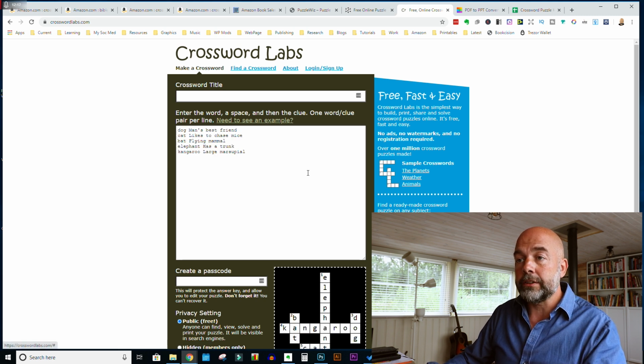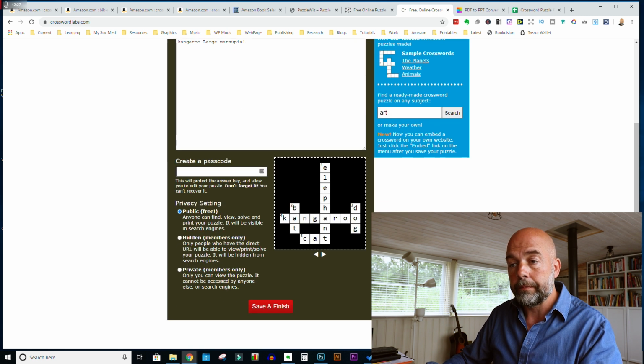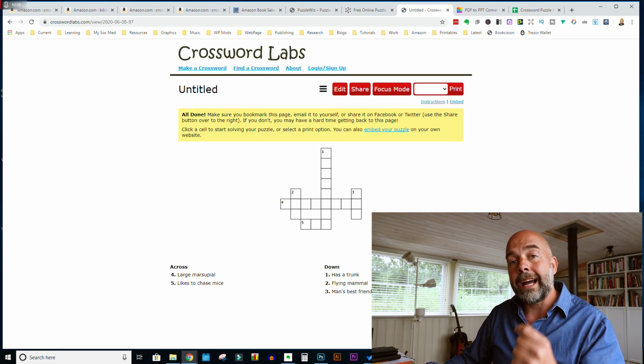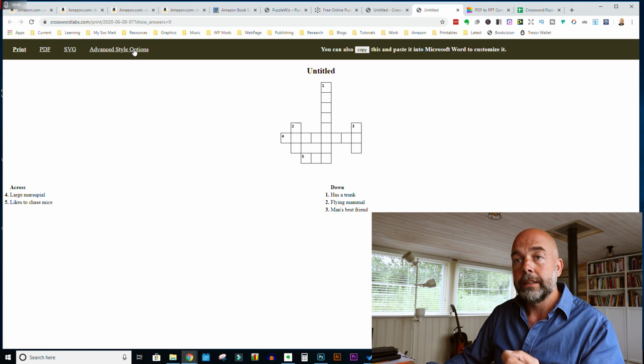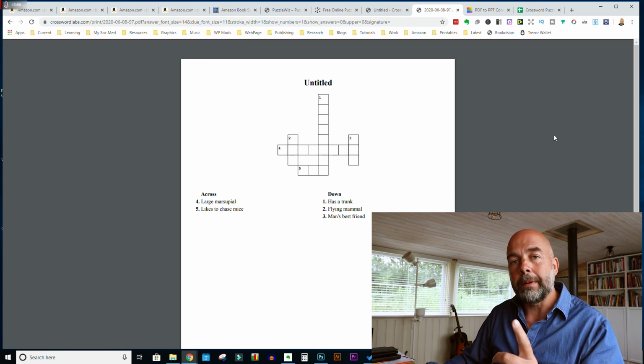Now, just click on here, need to see an example, and what you do is you put in the word there. So the first word would be the word in the crossword puzzle, and then you put the clue after. And then you would just click on save and finish. Now, with this, you can download as a PDF. So just click on Word PDF, print, and then click on PDF. And this will open the PDF, and you just click on download. Now, the problem is this is a PDF, which is a bit tricky to